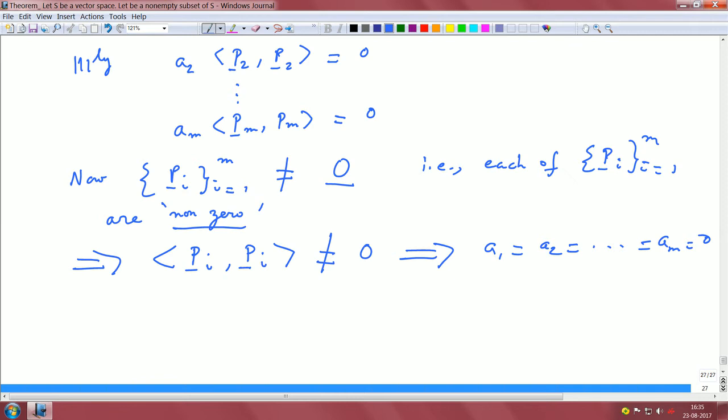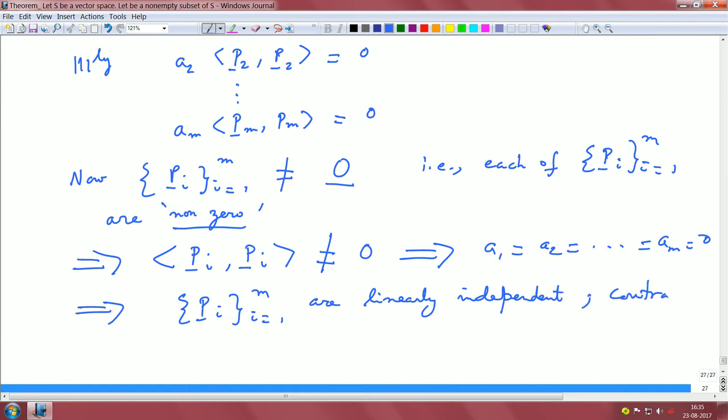Now, this means we are coming into the condition where they have to be linearly independent, which means the Pi's, which is basically a contradiction to where we started off, and therefore this is done. Okay, so this is an important result, I think, which you should note, and the proof is very trivial, but I spent quite a bit of time in this proof